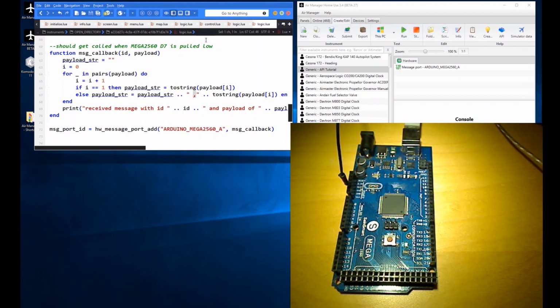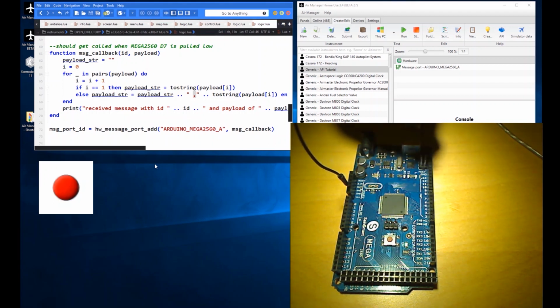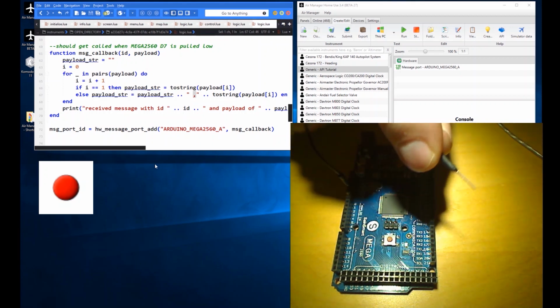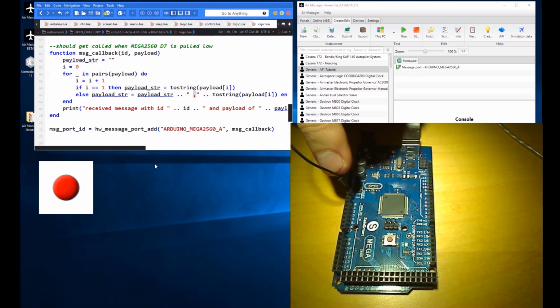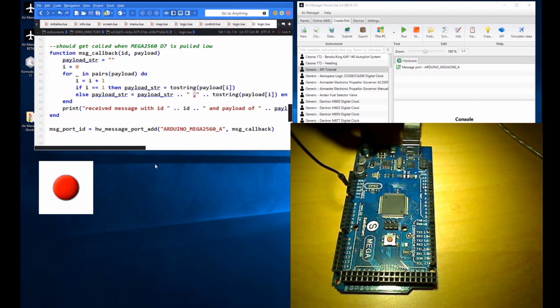Now, the particular instrument, I've got it here off the screen. There we go. Don't worry about this button too much. That's for the send in the other direction. So this actually isn't doing too much at the moment in terms of this particular code. But the important thing to note is our little function where we set up. So I'm going to take the pin here. I've got one end already grounded in the Arduino there in the ground, and it was